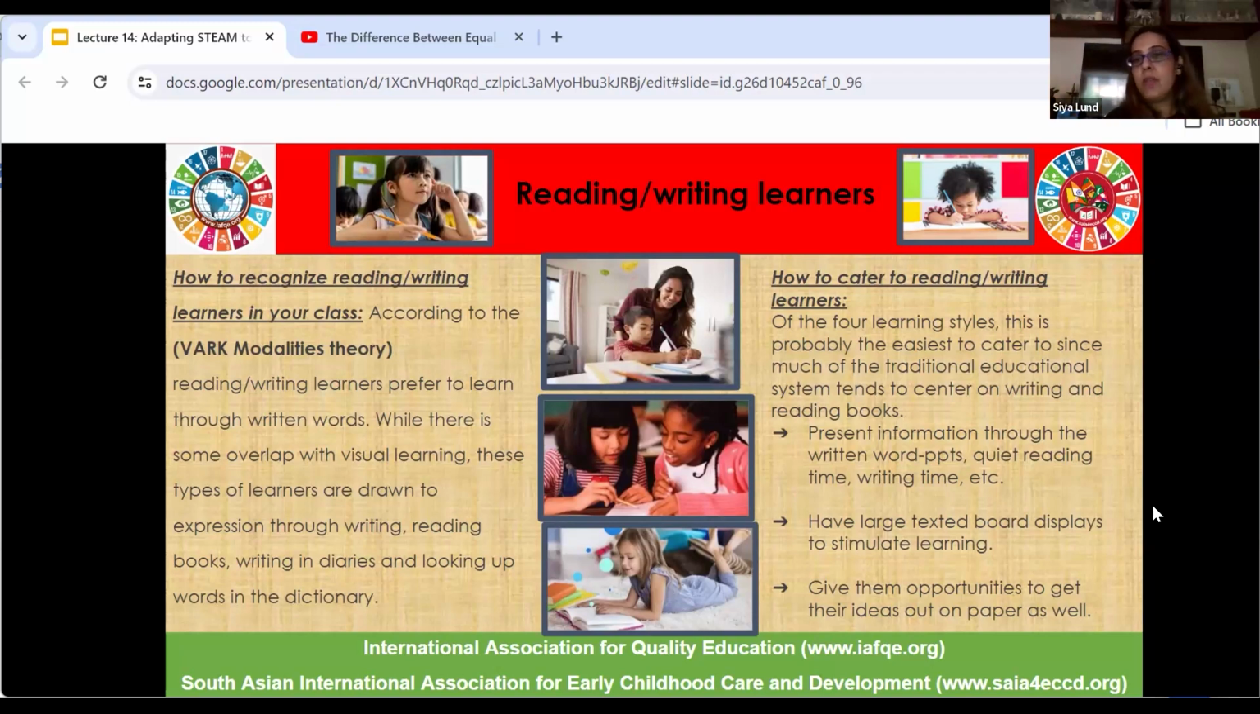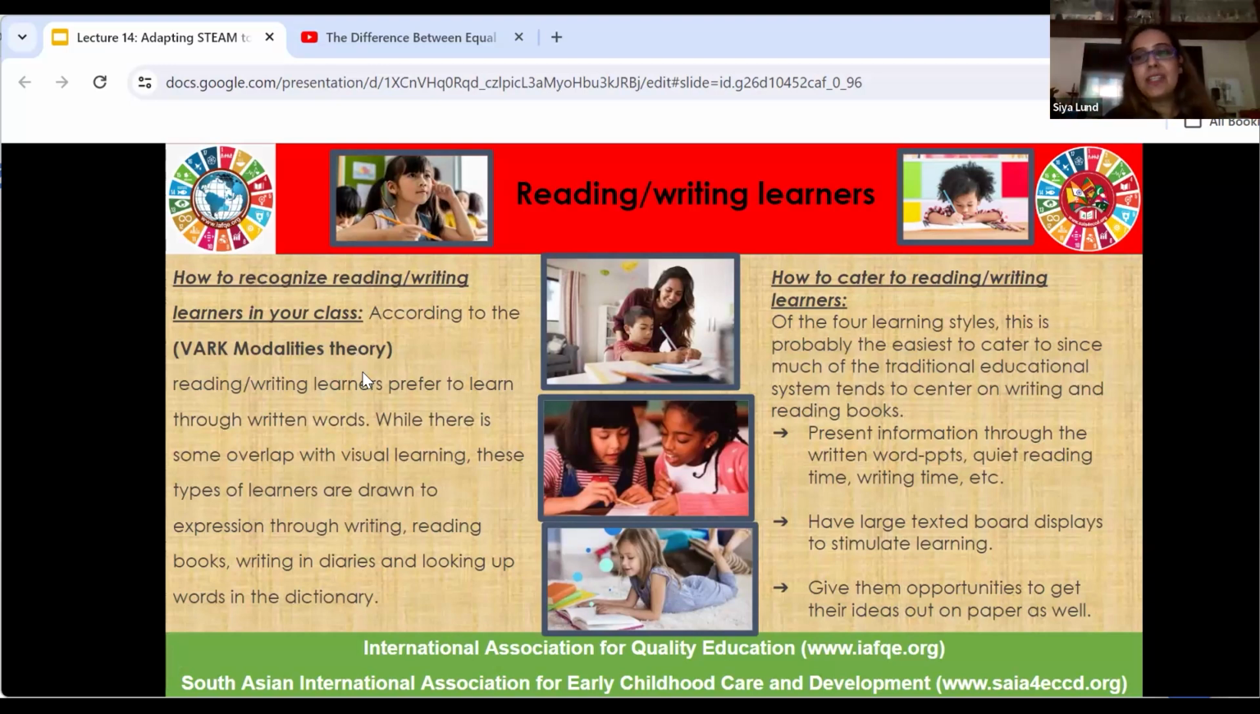Yeah, most of them will love it, but specifically children who love writing will really be at it, and you will know. In your classroom, if you put large text board displays to stimulate their learning, they get curious about what it is. So when the children start learning, looking at sounds and letters, they really get excited, and they really want to know